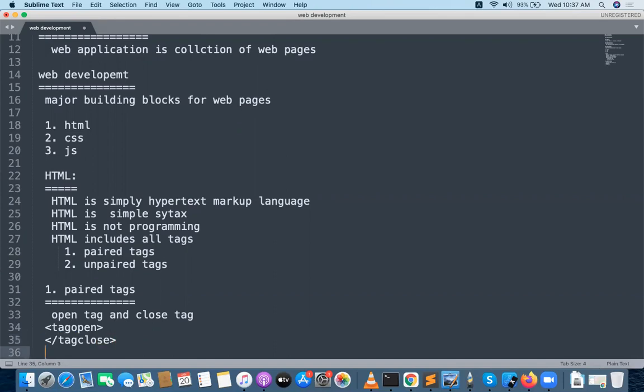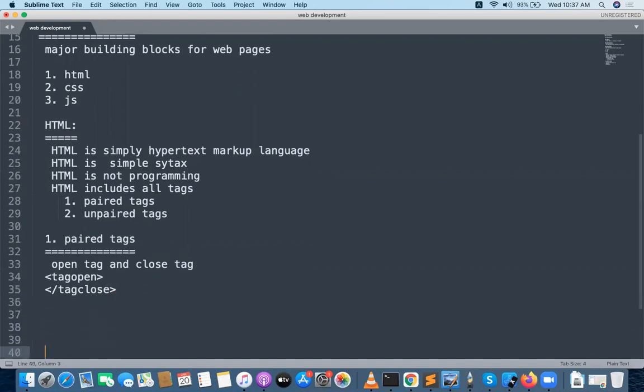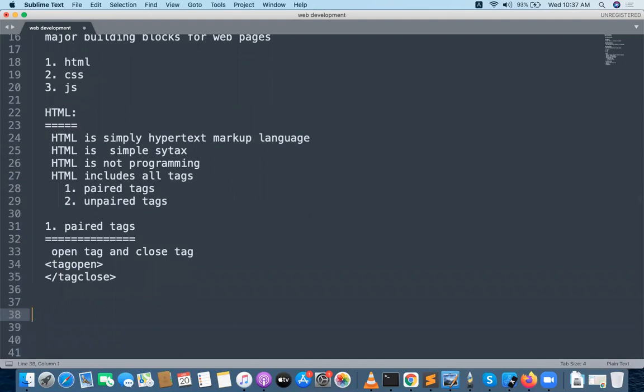I will give you the list of paired tags and unpaired tags later. For example, if I want to design a paragraph, I need to start with the P tag, and whatever content you can write. Hello web development, something like this.